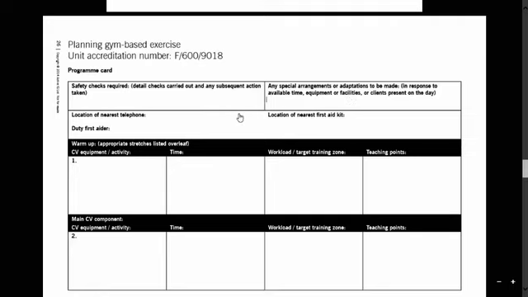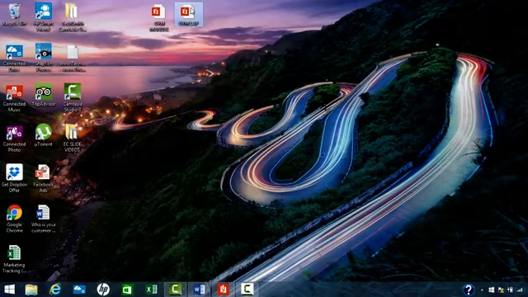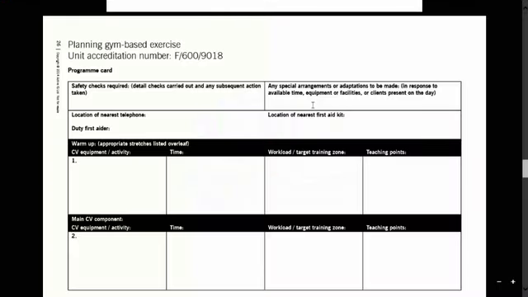So these need to be filled in on the day that you deliver your practical session, because let's look at special arrangements, for example. All right, let's say if we rock up to do our practical and it's a really hot day, we're going to have to make a special arrangement and make sure there's drinking water available and that maybe we have more of a rest break because it's hot. Let's say that we've planned to use the treadmill, but when we get to the gym, we find that all the treadmills are broken. We're going to have to put some kind of arrangement in there. So we're going to use a cross trainer instead. We're going to use a rower instead because that equipment isn't available.